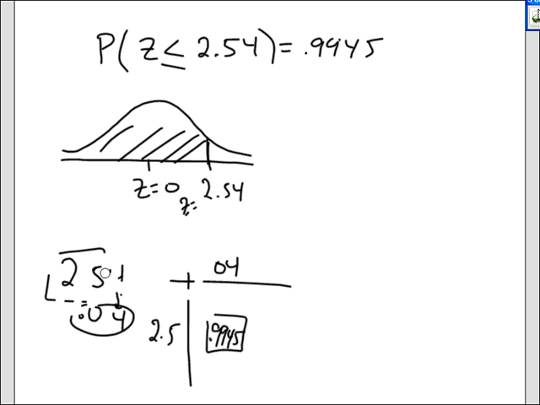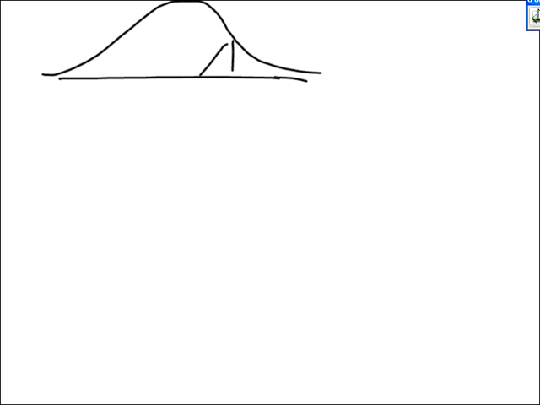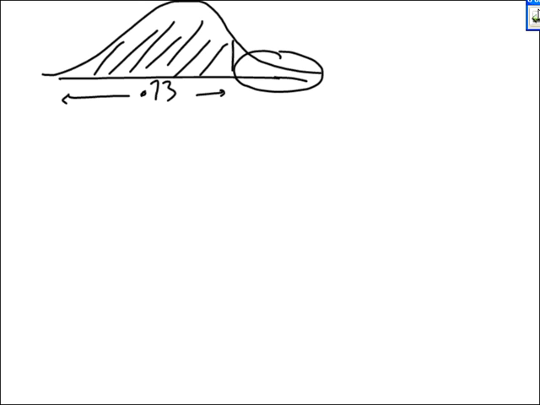Now, what if you're not asked to find the area to the left of some score? What you need to remember, I said it at least once, the total area is 1. So if I tell you that this area happens to be 0.73, then you should be able to calculate that area. What you do is you subtract 0.73 from 1. 1 is the whole area. 1 is everything. And if you take away